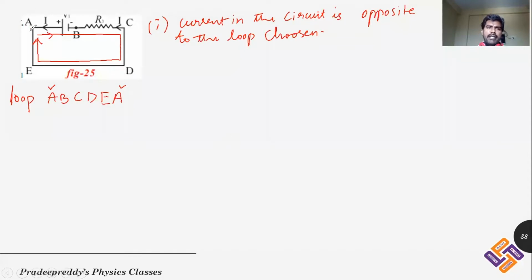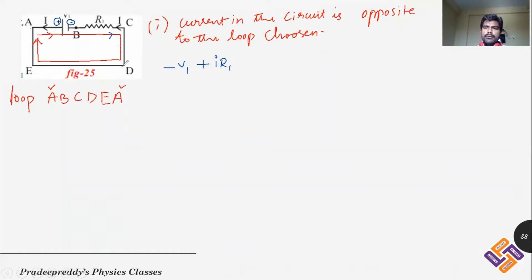Now I'll start from A. You are going across a battery. From A to B, there is a battery. Therefore, you are going from the positive terminal to the negative terminal of the battery. Therefore, it will be minus V1. Next, from B to C, there is a resistor and you are going in the opposite direction to the current flowing in the resistor. So you need to take it as plus. Current in the circuit is I, resistance value is R1.